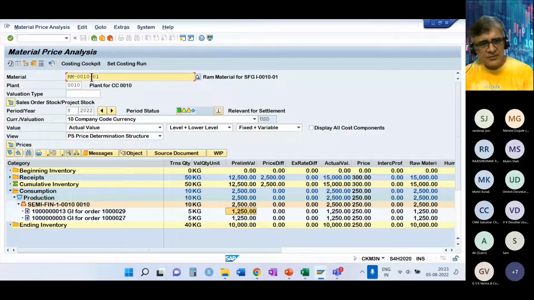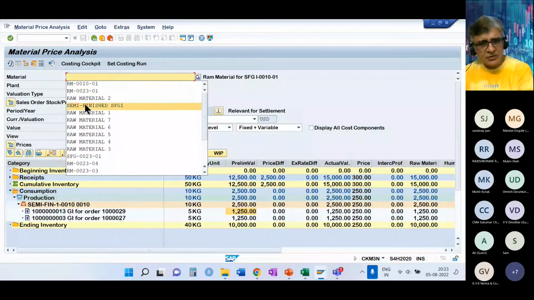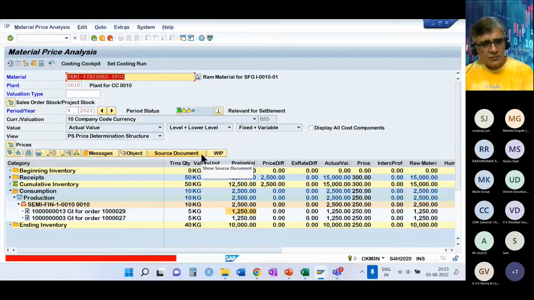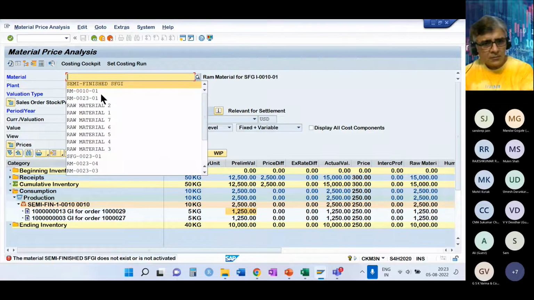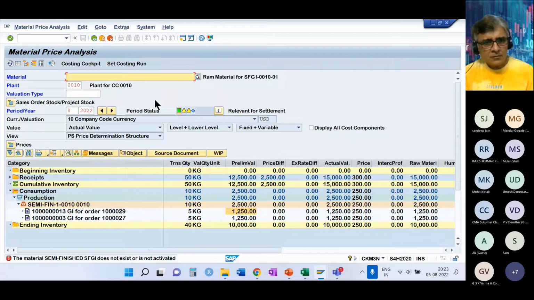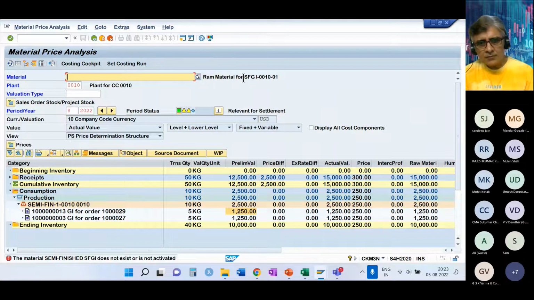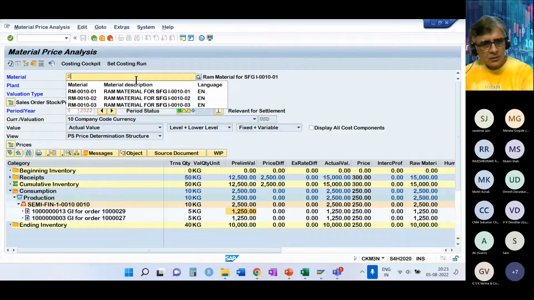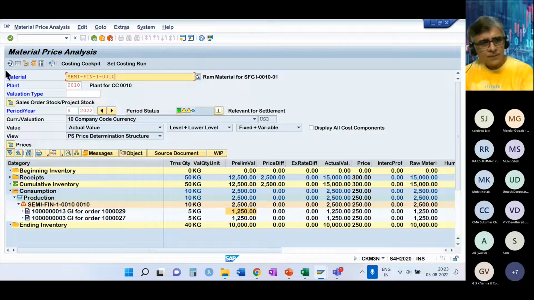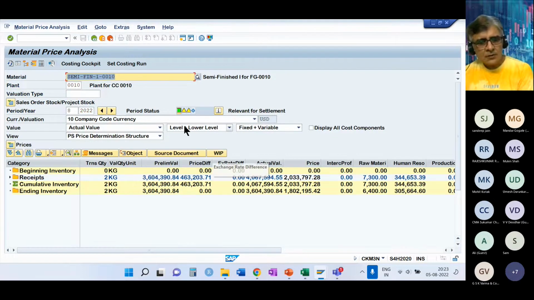So let us look at the material price analysis. So now we can see the semi-finished goods. This status you see, it is all related to the actual costing cycle.